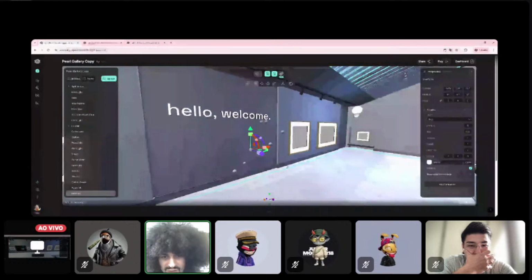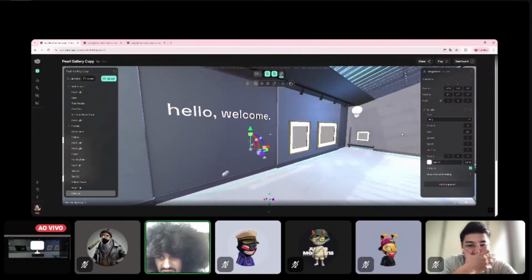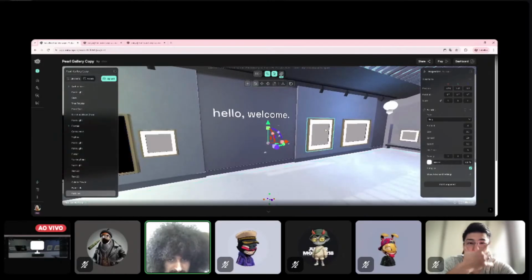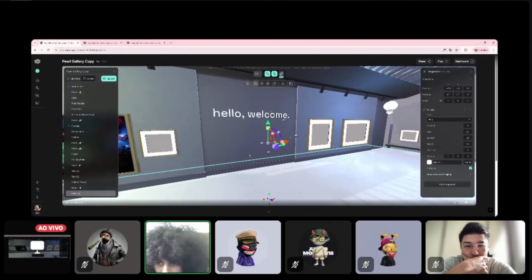You can change the spread, the speed, which could be super fast or super slow. You can change the lifetime, whether it appears in the scene for too long or not.